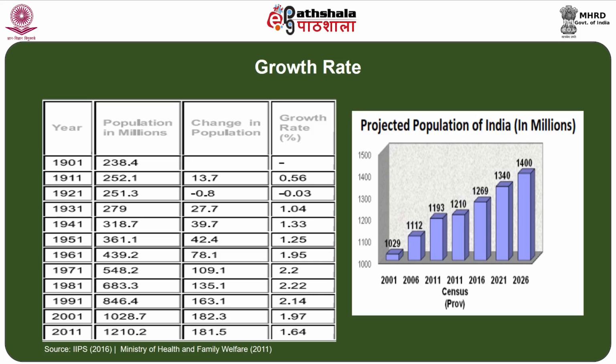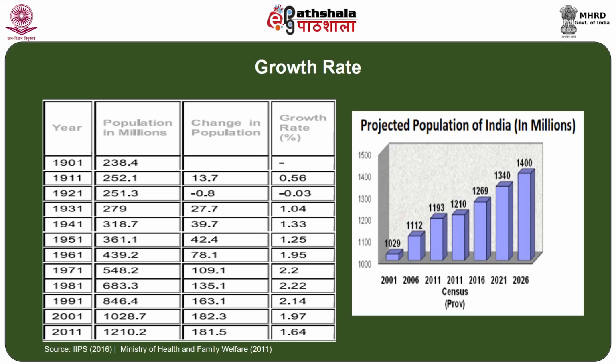Starting from 1931, the growth rate was 1.04, further in 1941 it showed 1.33, then a slight reduction to 1.25, but overall the positive growth continued, and it came to its peak in 1981 to the extent of